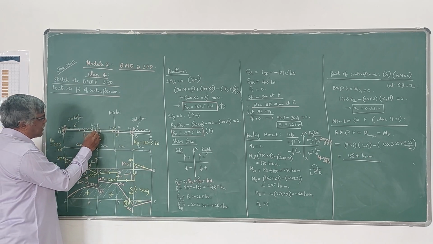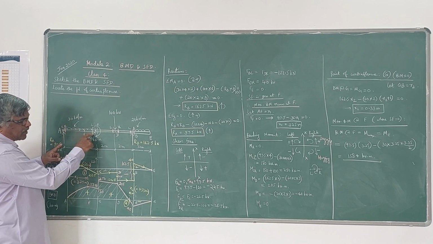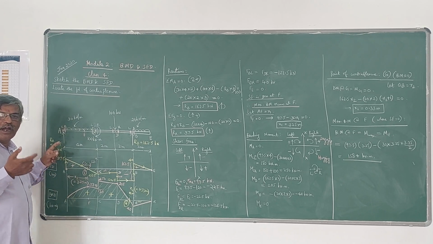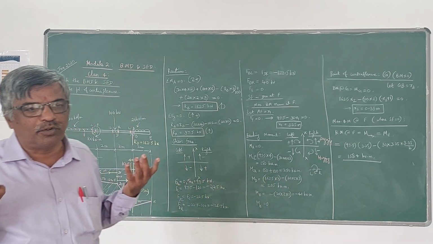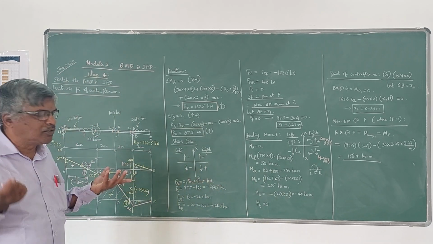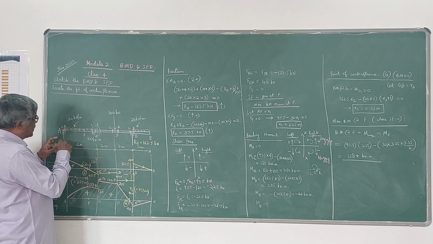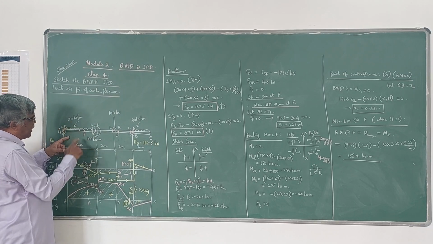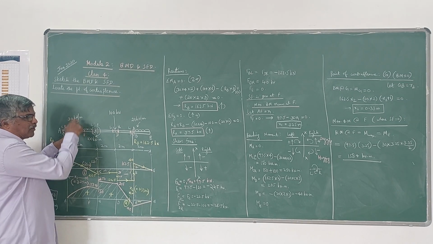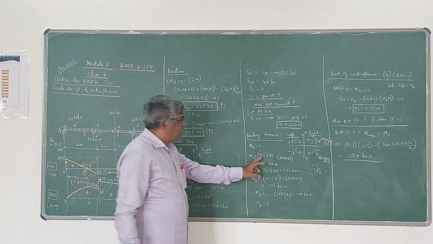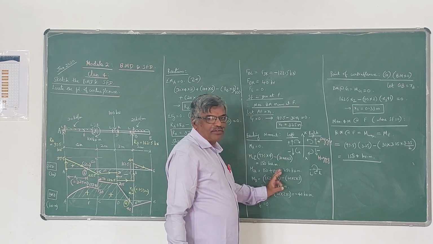So if you see the left side of C, 97.5 into 4 meters. This is the distance we have to take. Since we are calculating moment, you have to multiply the force by the corresponding distance from that point. If you are calculating shear force, you need not multiply by distance. It is only the force value. So here 97.5 into 4 meters, that is positive because it is upwards. Then 30 into 4 acts at the midpoint, so 30 into 4 into 2, which is negative because it is acting downwards. So you see here 97.5 into 4 minus 30 into 4 into 2. This is the bending moment at the left side of C.